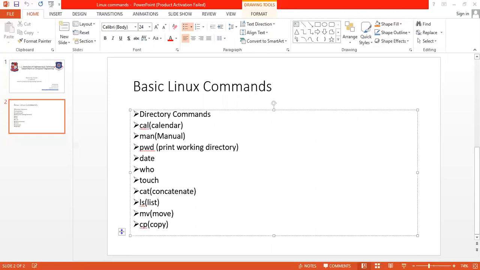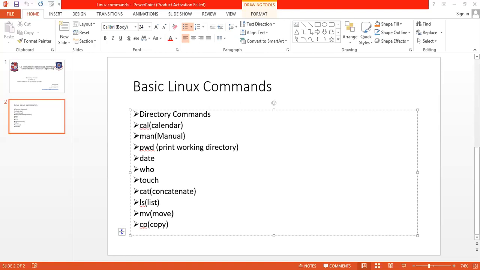Now with the help of the cat command, we can do three things. It means the cat command can do three duties. The first one, we can create a file. Second, we can display the file contents, and the third one, we can append content to an existing file.